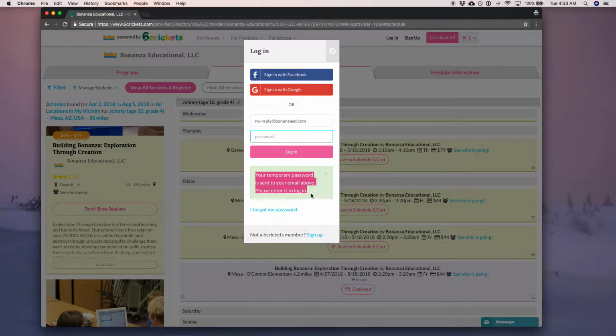And from there, you'll want to go to your email and start the process. The rest of it's pretty straightforward. You fill out the information and just